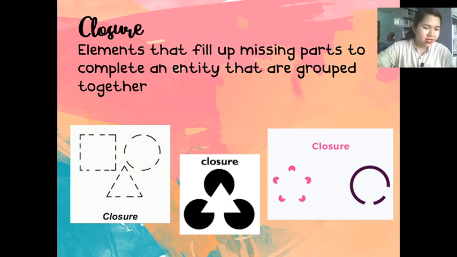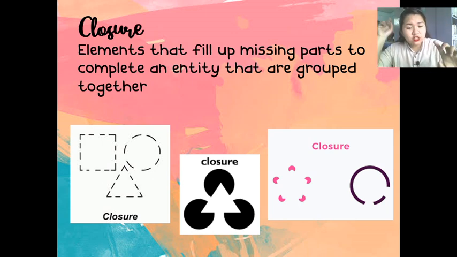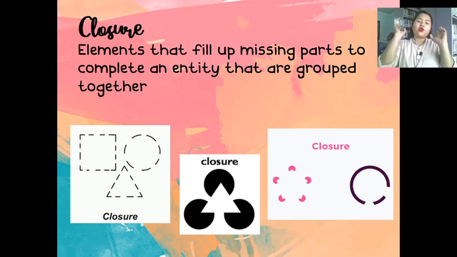So first image, as you can see, these are merely lines, no? Parang cutting lines siya. Pero since siya ay pinagsama-sama, parang naka-form na siya ng shape. Yung, what's this? Square, circle, and a triangle. Then, dito naman sa second picture, kung mapapansin niyo, parang ano lang siya, circle, na meron siyang cut ng parang pizza na shape.